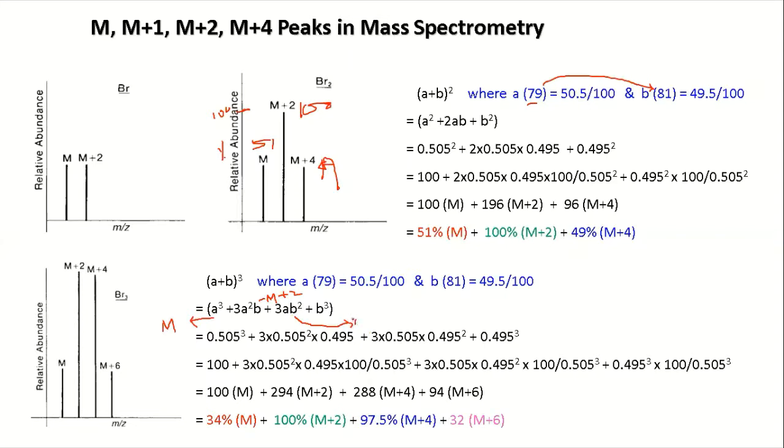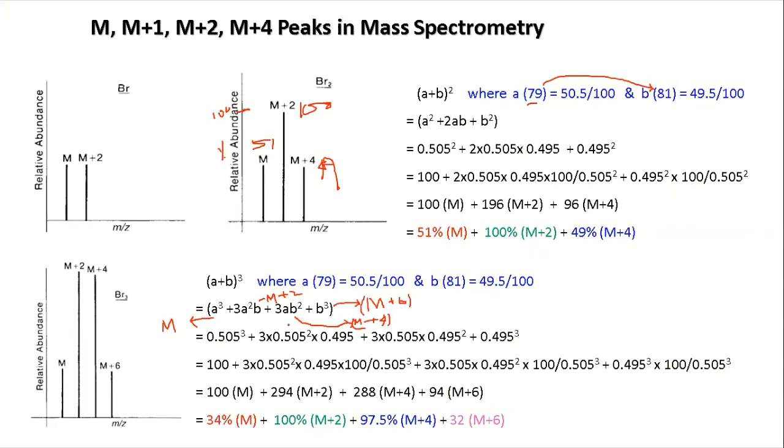So that means M plus 4. This is going to give you M plus 4. Now BQ, this is going to give 3B, so 2, 2, 2. So M plus 6. Okay, so you will get it as M plus 6.